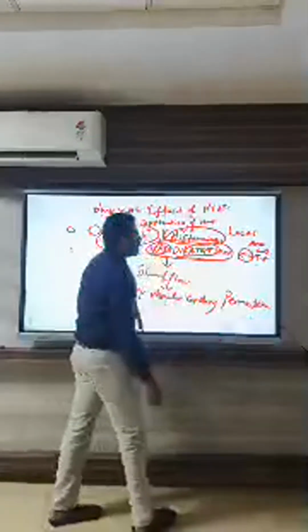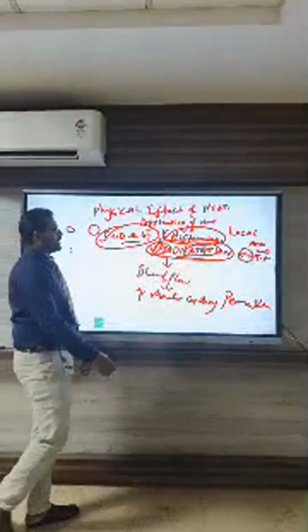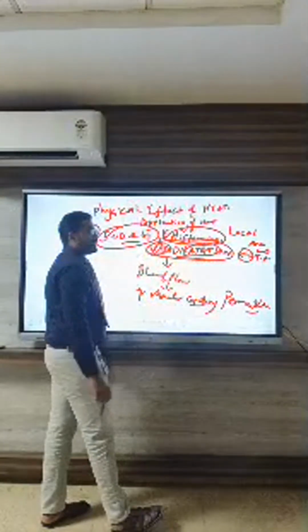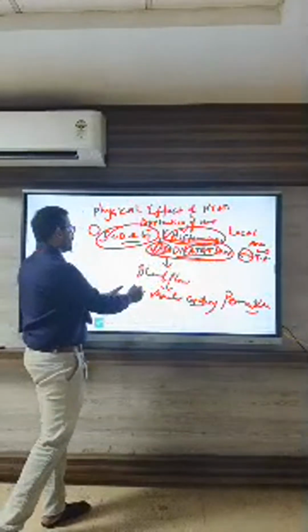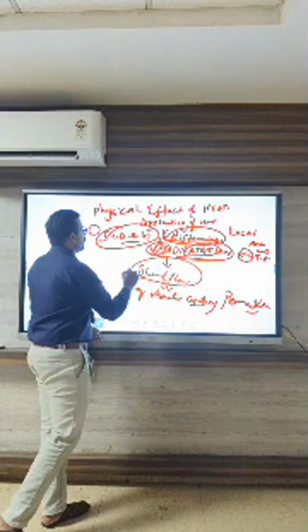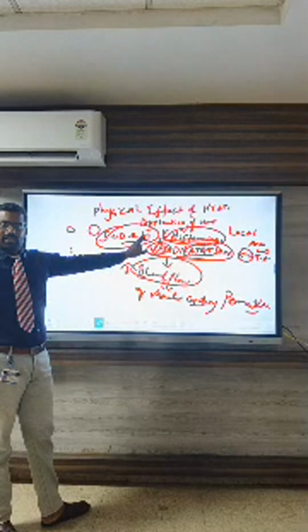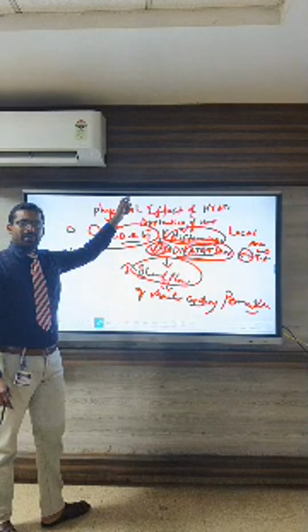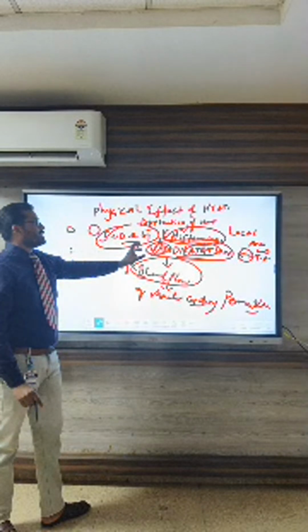So what is meant by vascular capillary permeability? The capacity of the blood vessels is going to increase because of the increased amount of blood flow, because of vasodilatation, right? So first we apply the heat, that leads to vasodilatation,